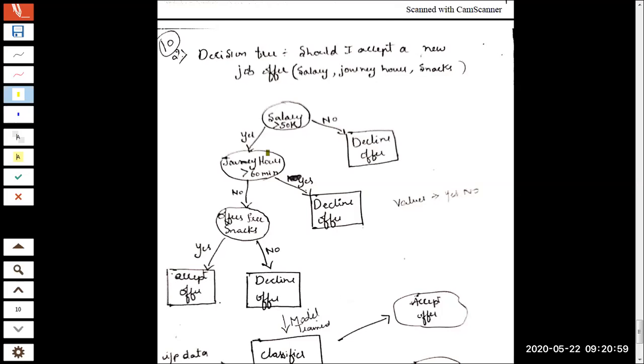Now, what is there in the second example? The second example is building a classifier to decide whether the person should accept the job offer or decline. We are aware of the parameters that will play a role in making a decision. You will experience campus interviews. You may get many offers from different companies. You will select the best one, depending on a few criteria or constraints. Those criteria have been identified as attributes here, based on which a decision will be made.